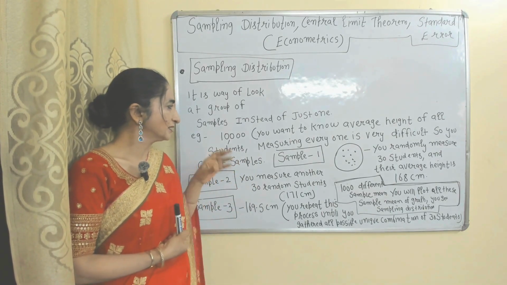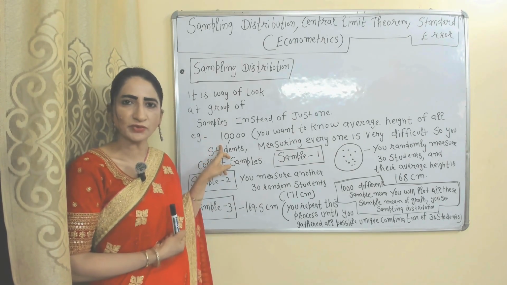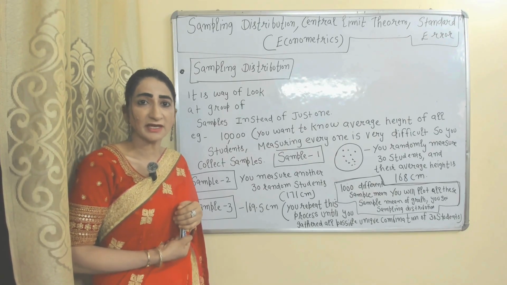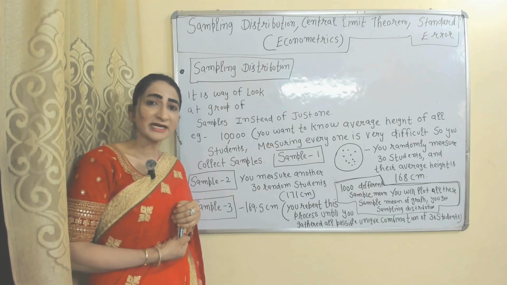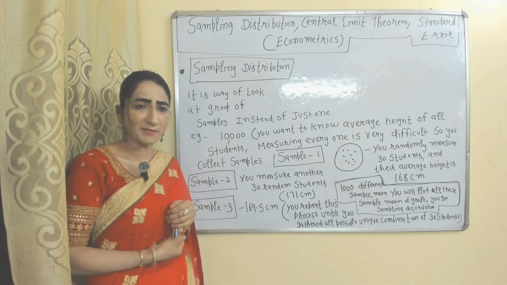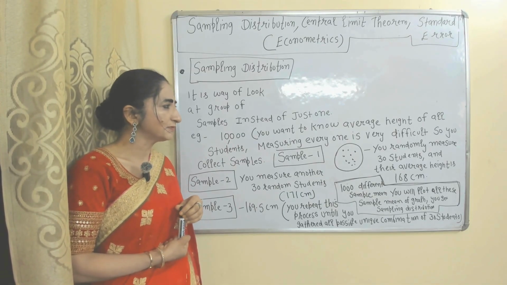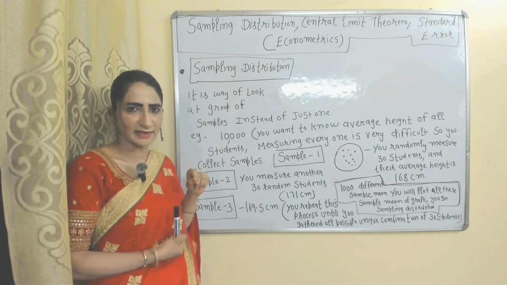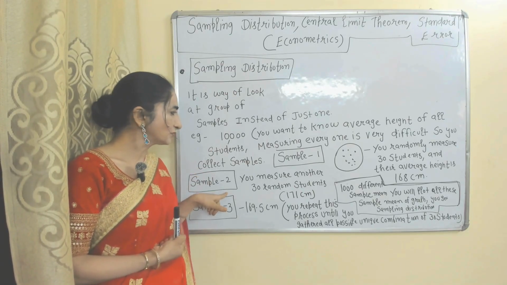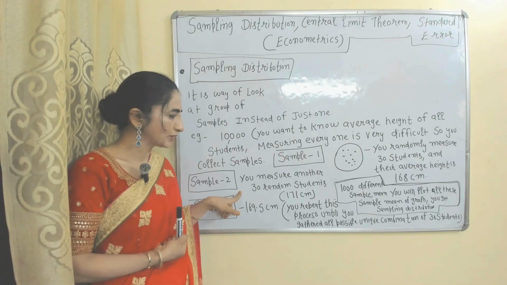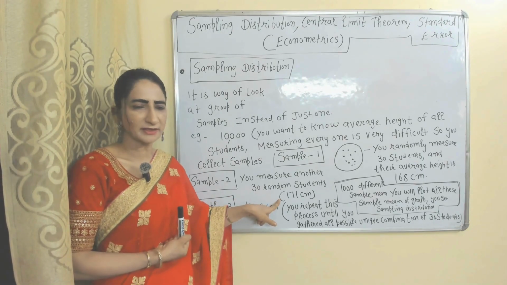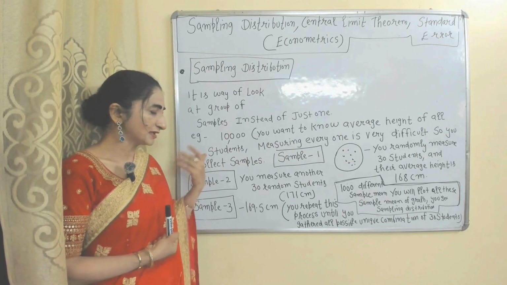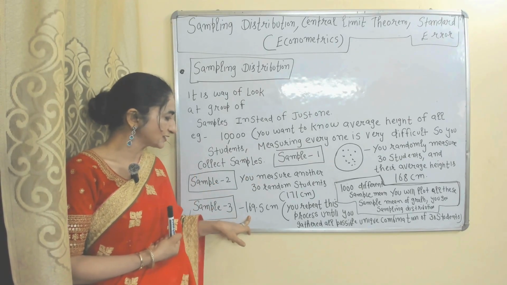For example, you have 10,000 students and you want to know their average height. Obviously, measuring everyone is very difficult. That's why you decided to collect samples. In sample 1, you randomly measure 30 students and their average height is 168 centimeter. In sample 2, you measure another 30 random students and their average height is 171 centimeter. In sample 3, you measure another 30 students again and their average height is